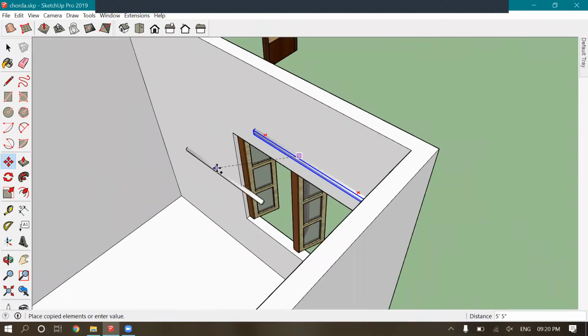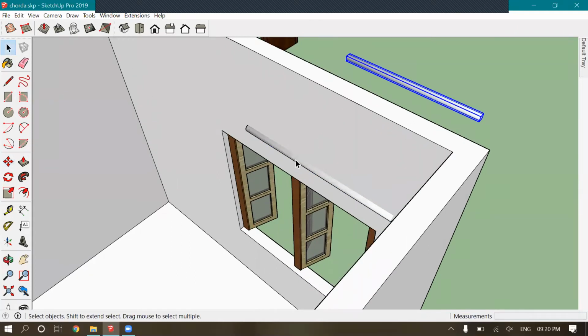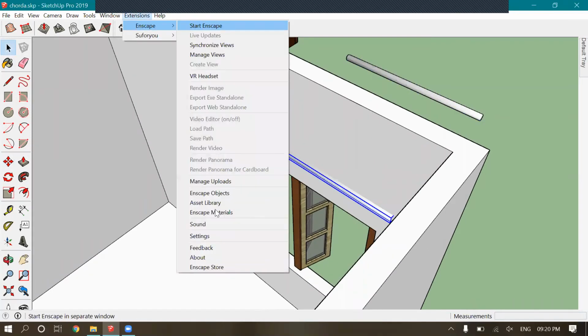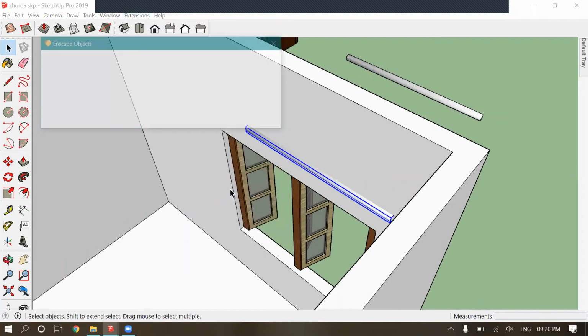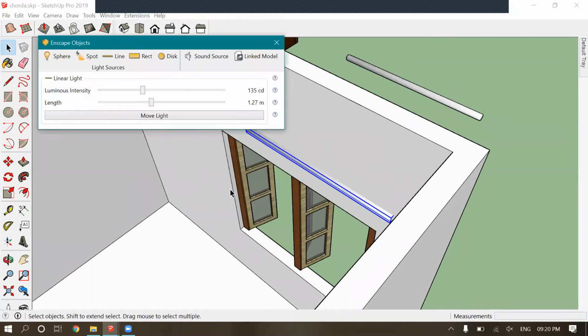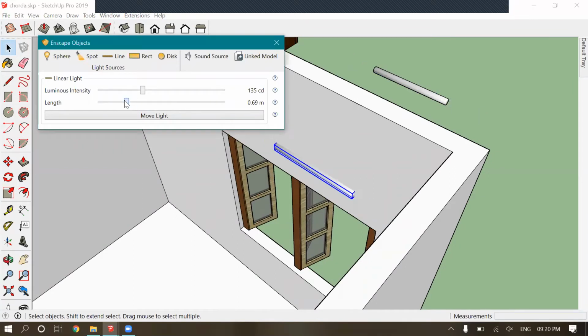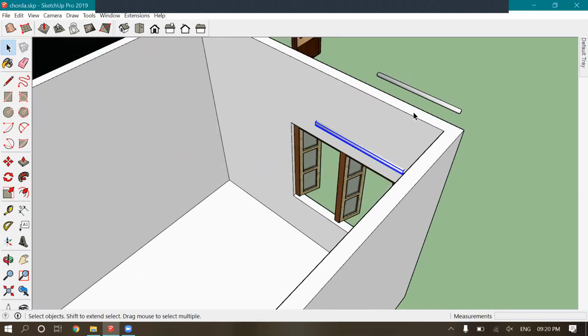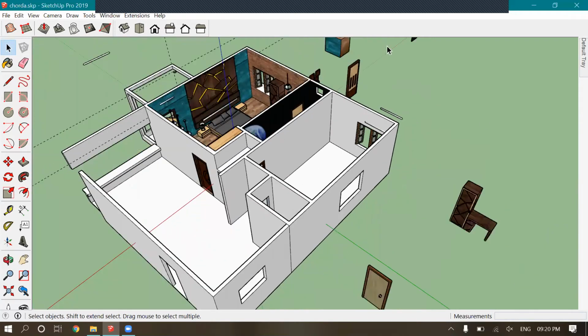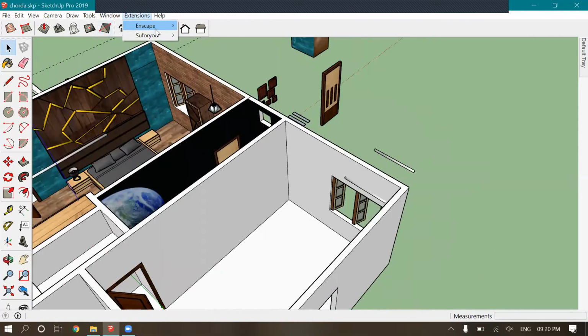Yes, you can do it, but the problem is if you shorten this one, the other one will also change. If you change the settings of this light, the copied one will also get changed. So that's the basics of the light part.